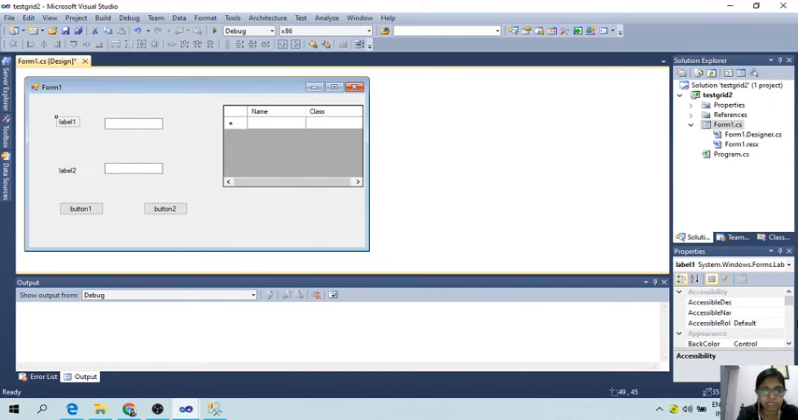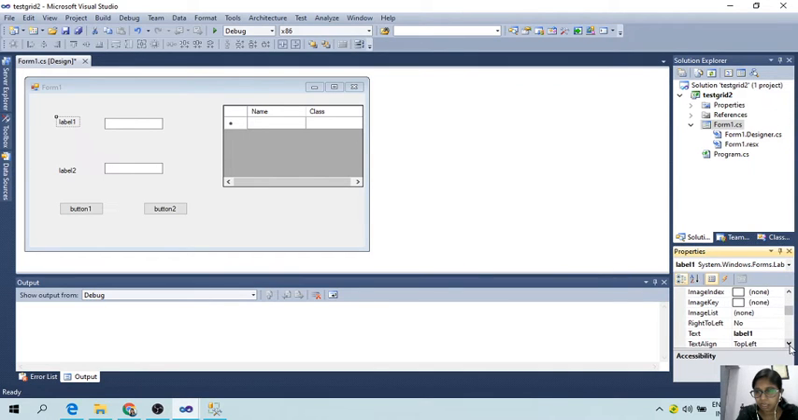Okay, now let's change the values of these labels and text boxes, everything. Let text box 1 be name as I have given in the grid, and let text box 2 be class, and let this button be the add button, and this is the delete button. Okay,